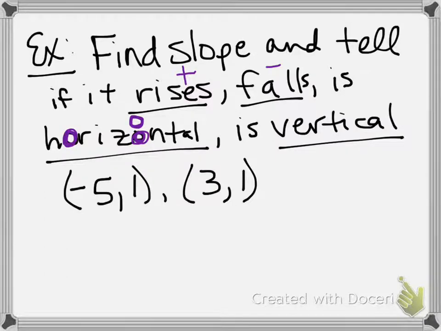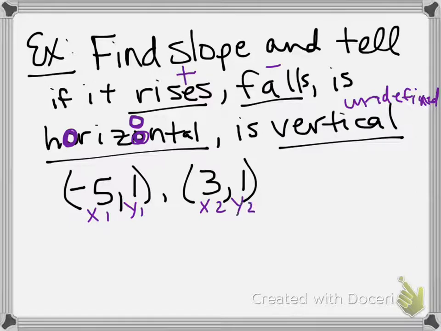And vertical will be undefined. I didn't write that very well. Okay, so we're either going to have a positive slope, a negative slope, a slope that's equal to 0, or a slope that's undefined. So if I do this example right here, where I have x1 and y1 and x2